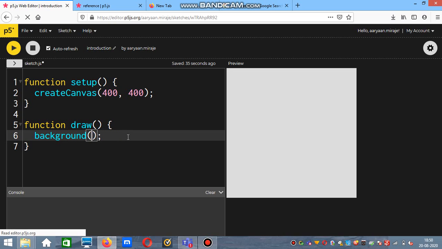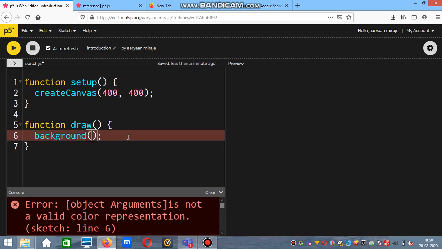Why do we add all these three numbers? We add this because there is a rule called RGB, that means red, green and blue. All the colors in the universe depend upon this, because adding some amount of red and blue gives you pink, adding some amount of red and green gives you another color. All these sorts of colors in the world depend on these three colors. So first, we are going to type three numbers.